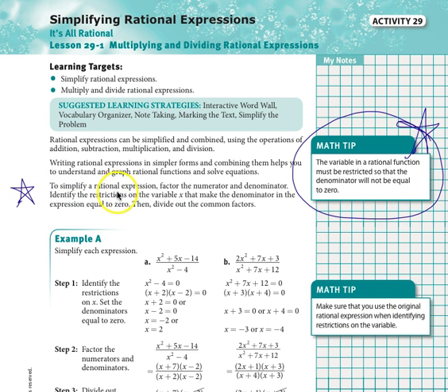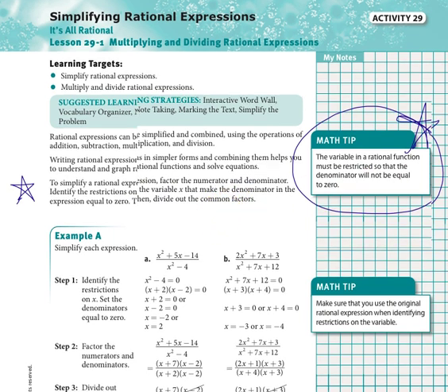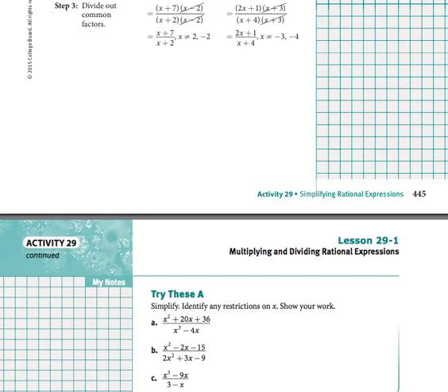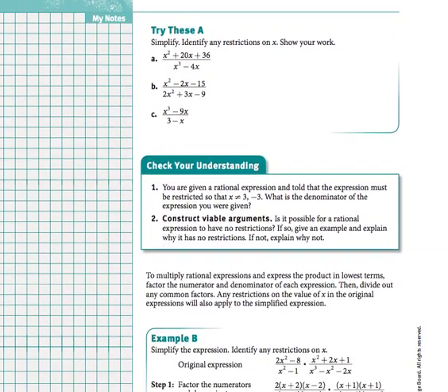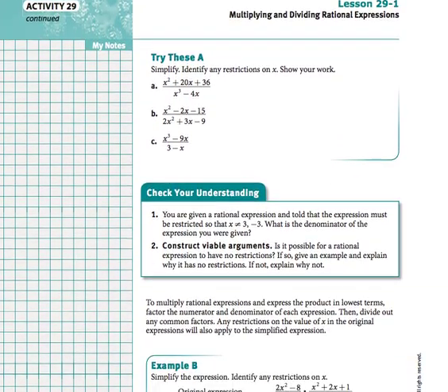If we want to simplify a rational expression, we are first going to factor the numerator and the denominator. So we're going to factor everything. Then we're going to identify restrictions, meaning we're going to see what would make our denominator 0, and we state those restrictions. Then it says divide out common factors. This means that we're going to reduce. So we're going to write those things out here on the next page. So turn to page 446. And we're going to write out those steps right